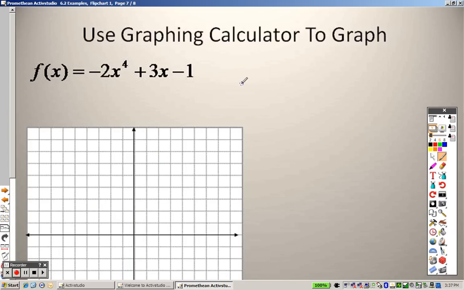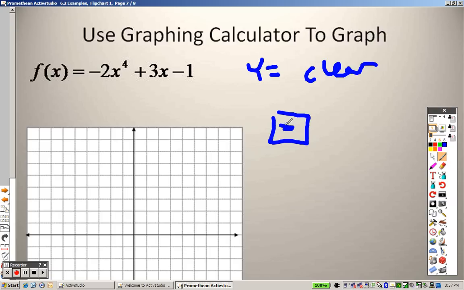The next problem, what I want you to do is go to Y equals. Press Y equals again and clear it all out. Now type in your X, which is right beside the alpha. Or sorry, we don't want X. Clear that out. Press the negative button, which is at the very bottom. Then a 2, so -2. Then press the X button and the caret sign, to the 4th power, plus 3, then the X button again, and then -1. And when you go to graph,